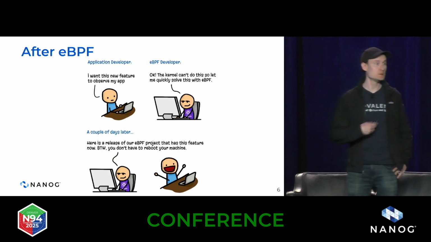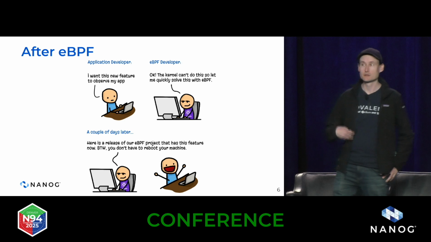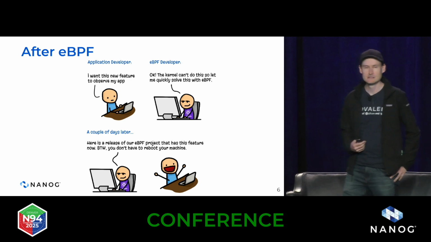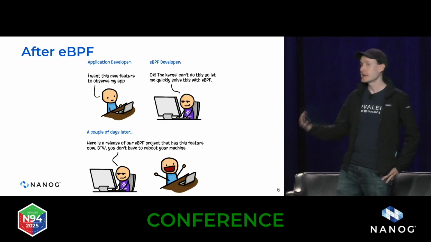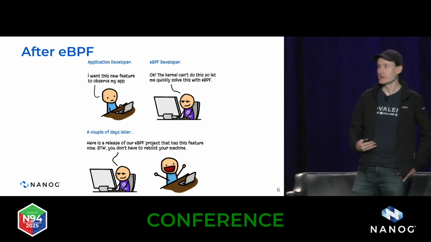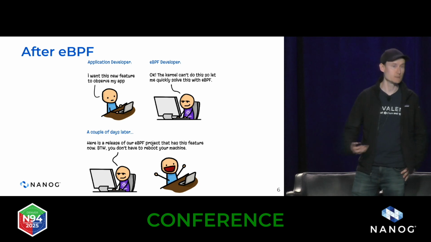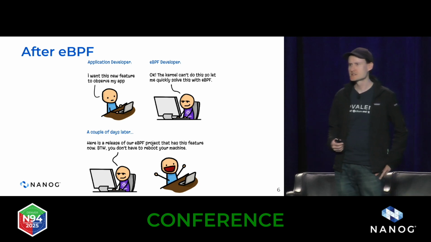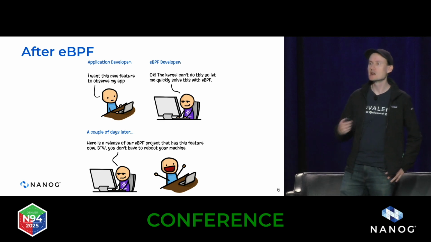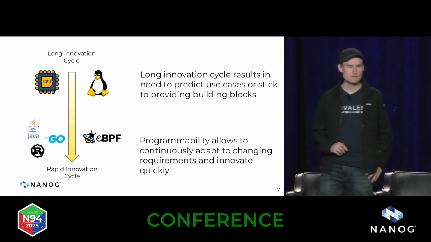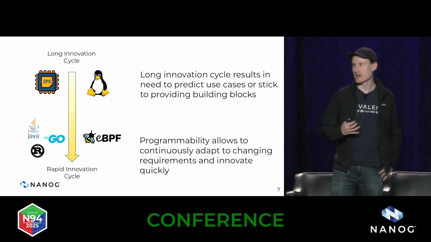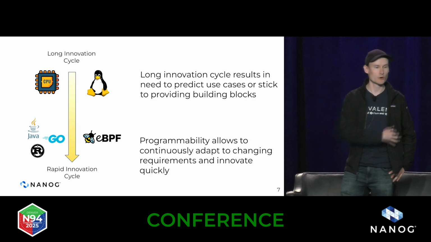So the difference with an eBPF style approach is that you can now go and have a chat with your eBPF programmer, who has many of the same skills as your Linux developer, but using this programmable layer in the OS kernel, you can then load that functionality into the kernel without even rebooting the system. So this innovation cycle is then much, much quicker. You're talking about days or weeks rather than months or years. So rather than having an innovation cycle that is tied more to the scale of hardware and operating system kernels, you're moving more into a software life cycle.